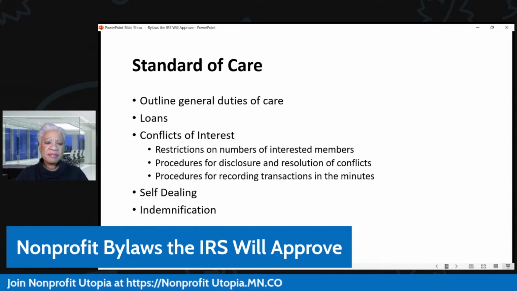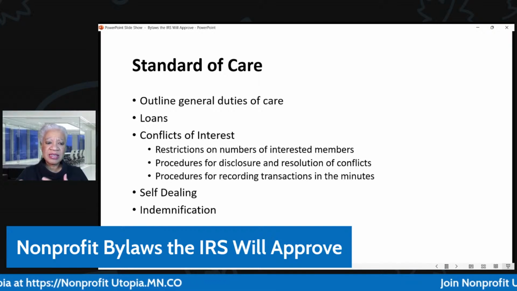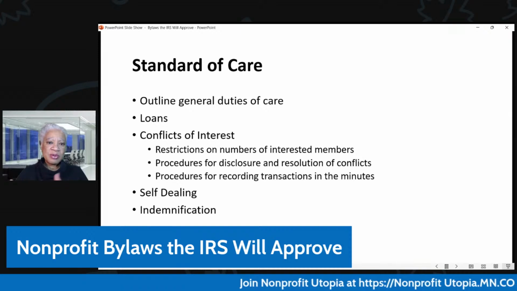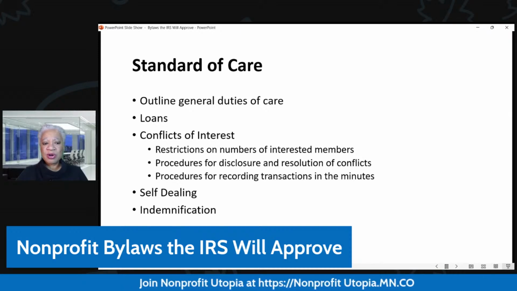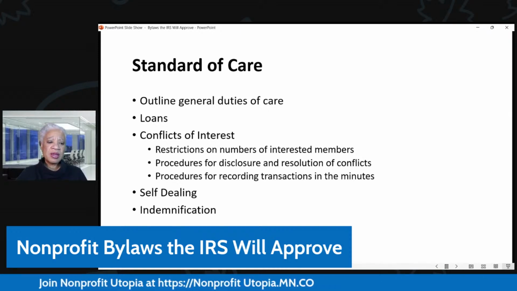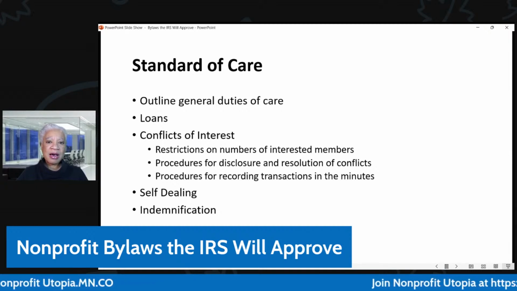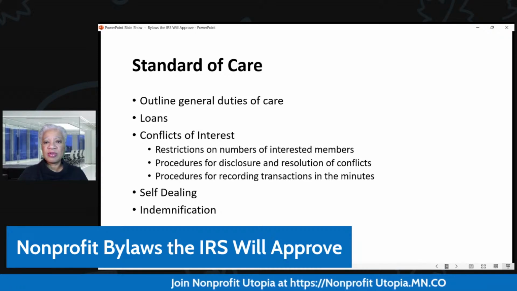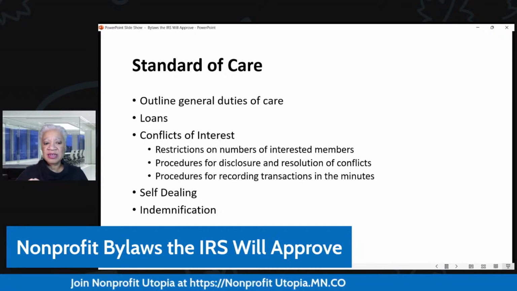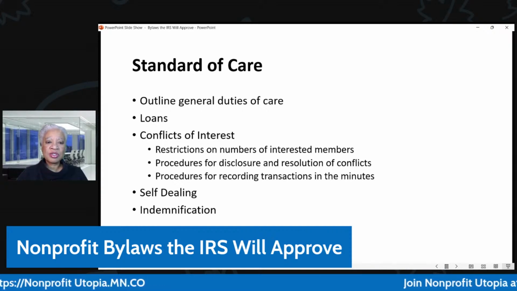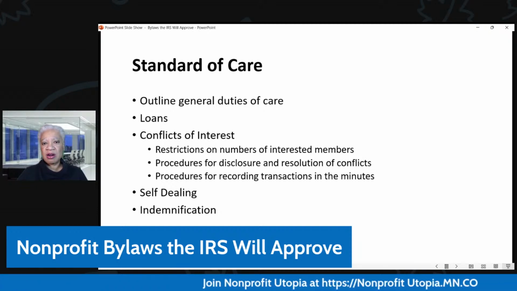And the same procedure would happen with self-dealing as well. That's when a board member, you're doing business with a company or an organization that a board member either owns or is a board member of. So you want to outline what these conflicts are, and then how they are being addressed. And you want to make sure that there's documentation, like disclosure forms. You want to document the votes and why exceptions are made.